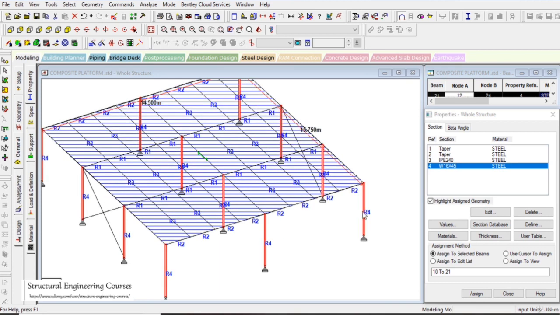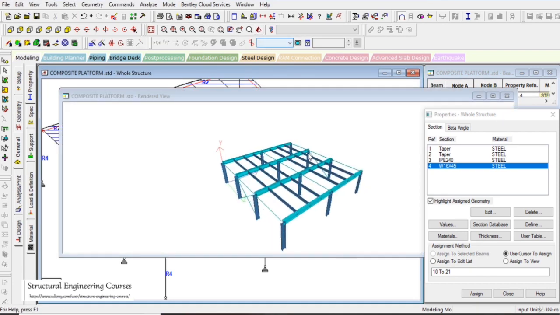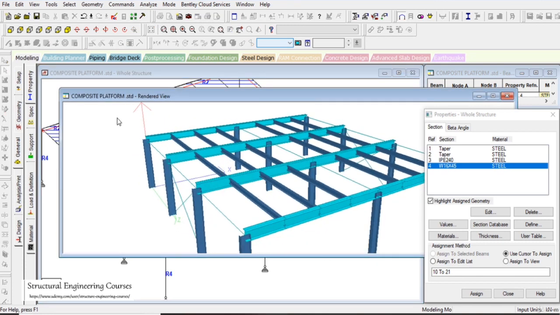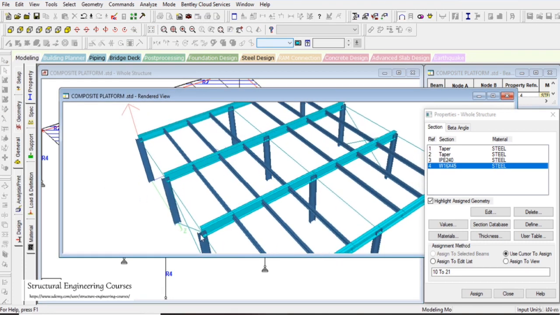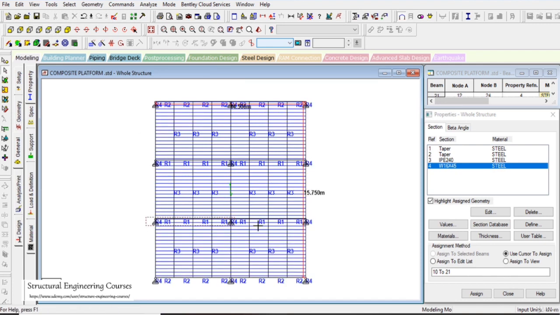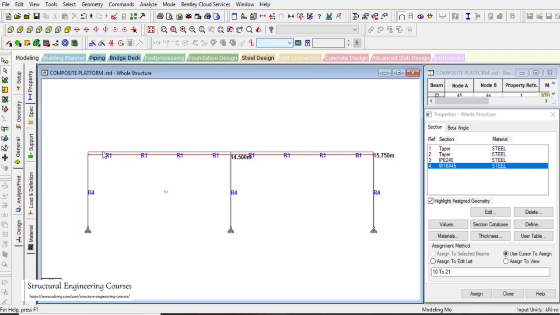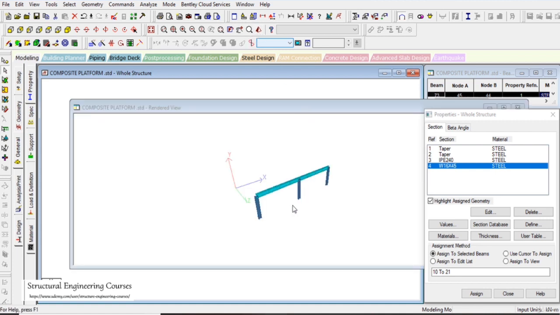Now the next step should be the orientation. What exactly is the orientation of this column here? When we check the 3D view here, you will see that the orientation of the column is like this. So this shall be the moment resisting frame here. For those who are not familiar with the concept of moment resisting frame and shear resisting frame, I shall explain it in the next few minutes. This is basically the portal that we used to study in our college lectures. If we check this particular view in the isometric here,